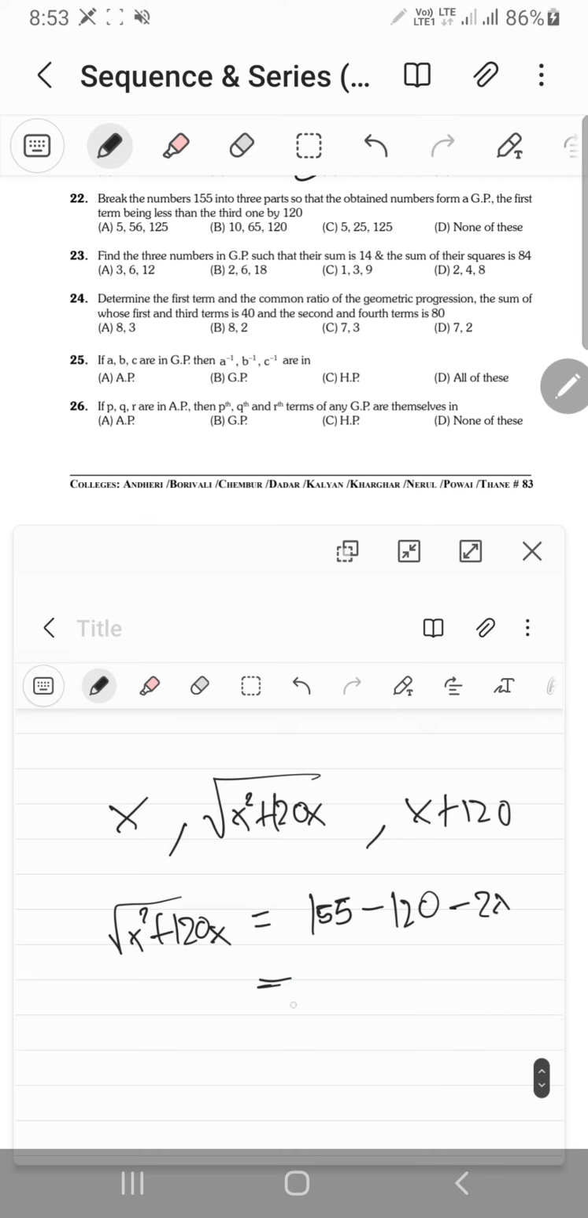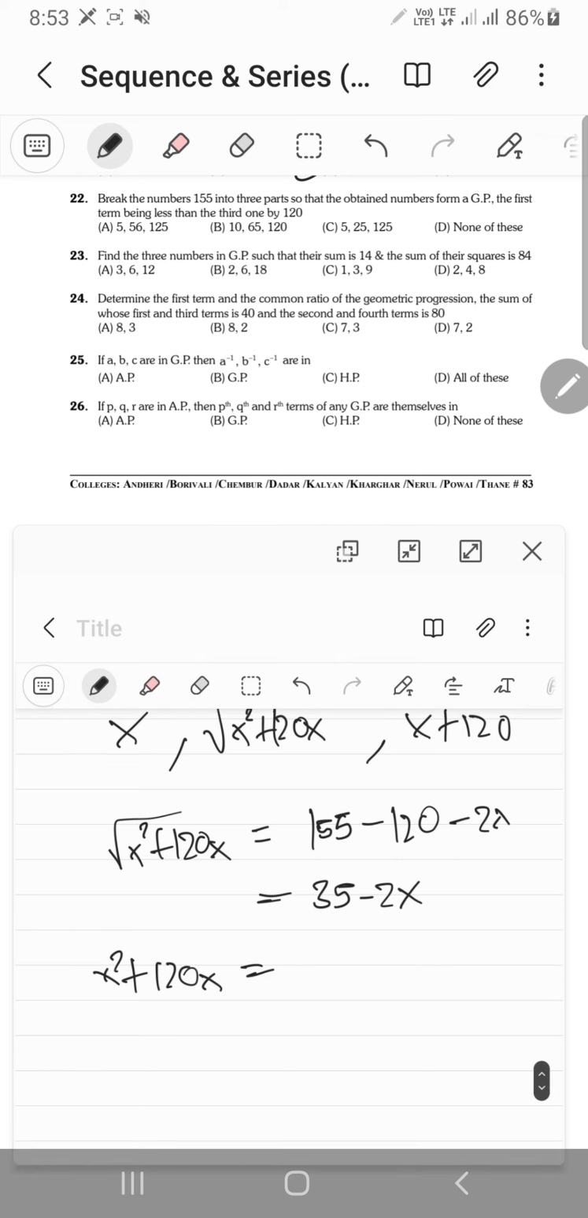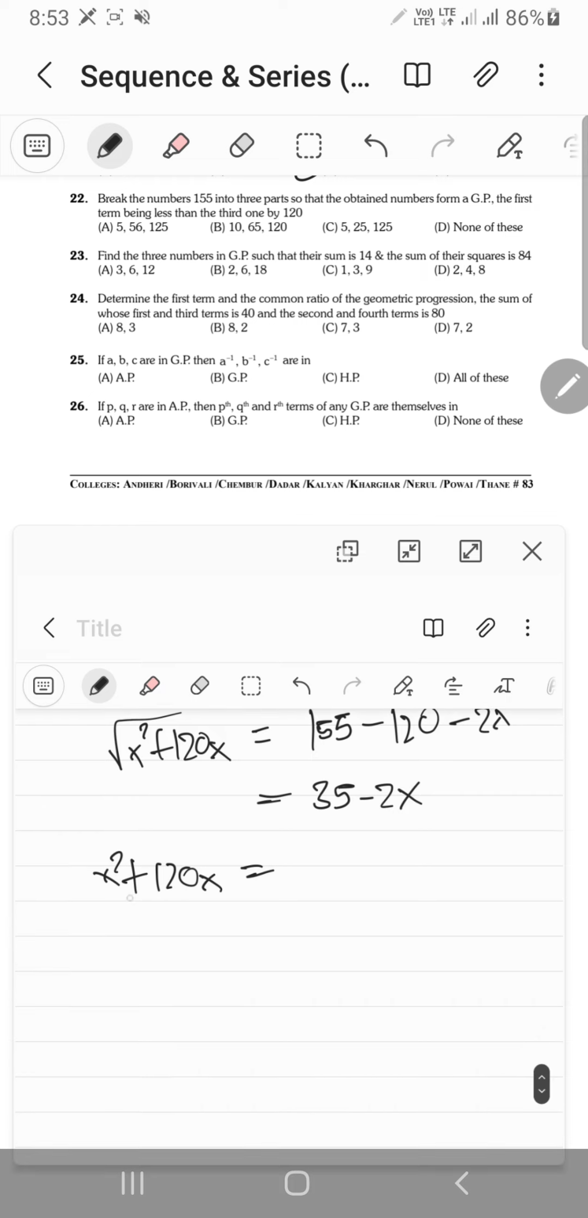Oh, this is much better, right? And that will be 35 minus 2x. So x squared plus 120x is the square of 35 minus 2x. That's a big thing. I don't know if we are ready for this. You're going to do it anyway. So 35 squared,